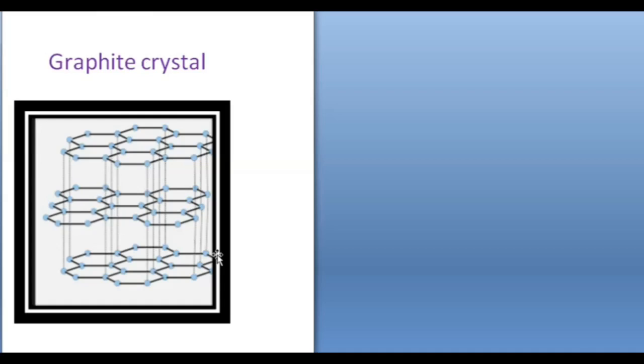The unhybridized p orbital present on each carbon atom overlap sideways to form a highly delocalized pi electron system, due to which graphite is conducting in nature. This pi electron system extends above and below of each layer. 2 layers are held together by weak van der Waals forces which are easy to break. Thus, one layer can slip over the other, making graphite a good lubricant.